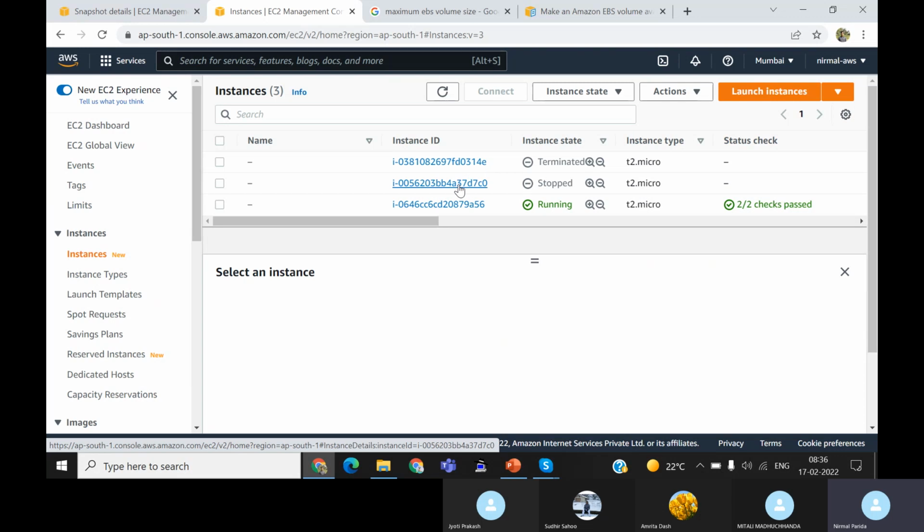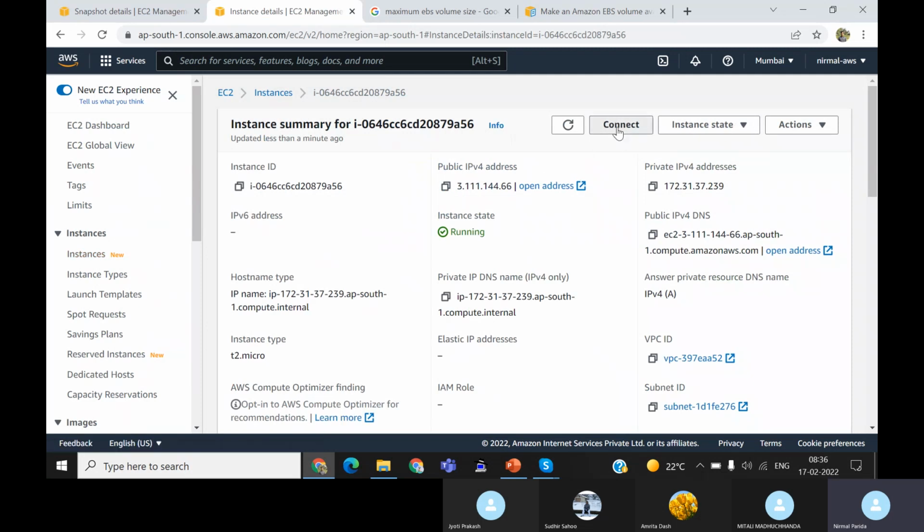I want to see it using another EC2 instance. This EC2 instance is stopped. Okay, no problem. And one is running, but this EC2 instance doesn't have the extra EBS. I would like to remove that EBS from the older one and add it here and see whether this works or not. So connect,